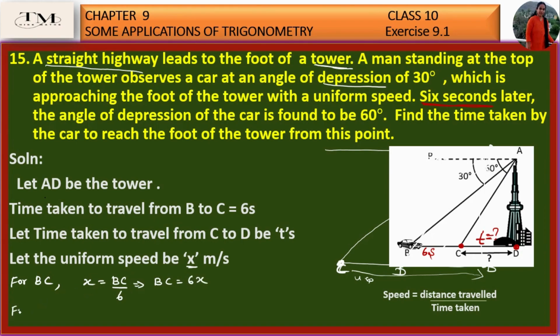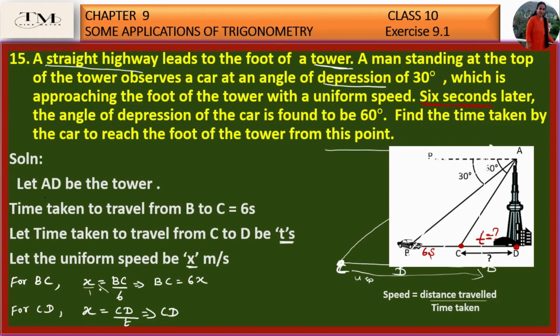Okay, next for C to D. Traveling from C to D, the speed is the same, the uniform speed x. The distance traveled is CD. What is the time taken? The time taken for C to D is T. So CD is equal to, cross multiplying,